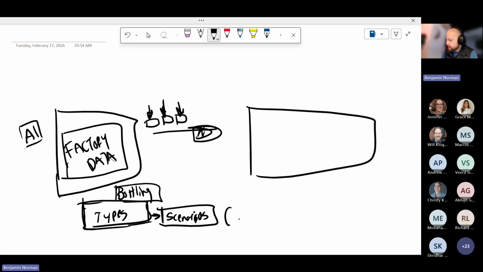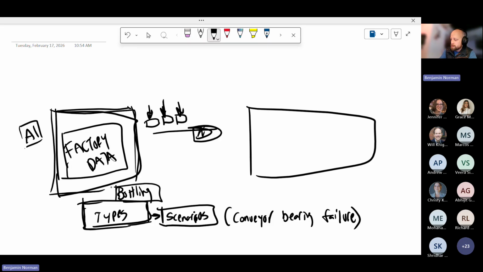And a scenario would be like, let's say we're gonna model a conveyor bearing failure, right? And what this application over here is going to allow us to do, and then hopefully when we get to the place where we're ready to share this with our partners, is you'll be able to create factory types that are relevant to the client that you're actually trying to sell your stuff to, right? So it allows us to really model what an example factory of that type would look like, generate scenarios, and